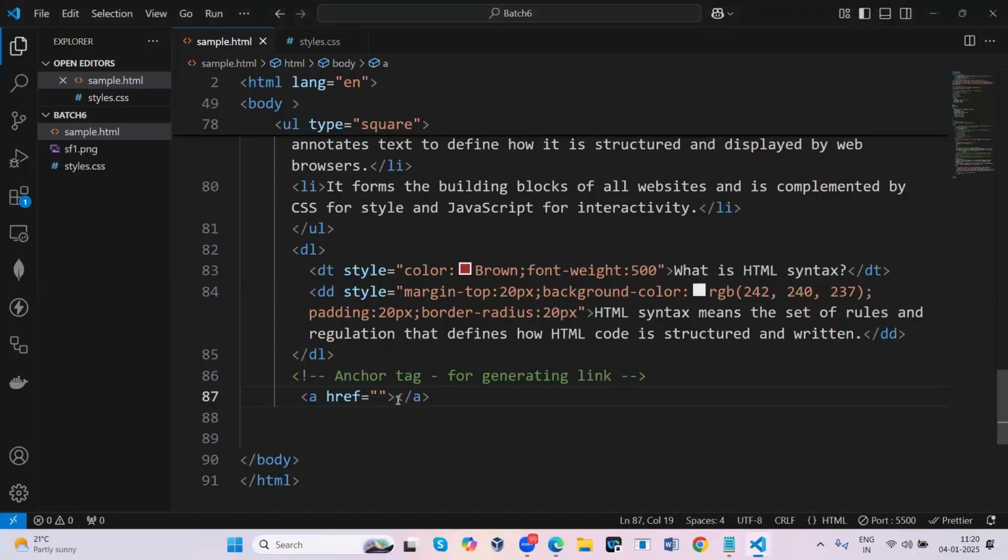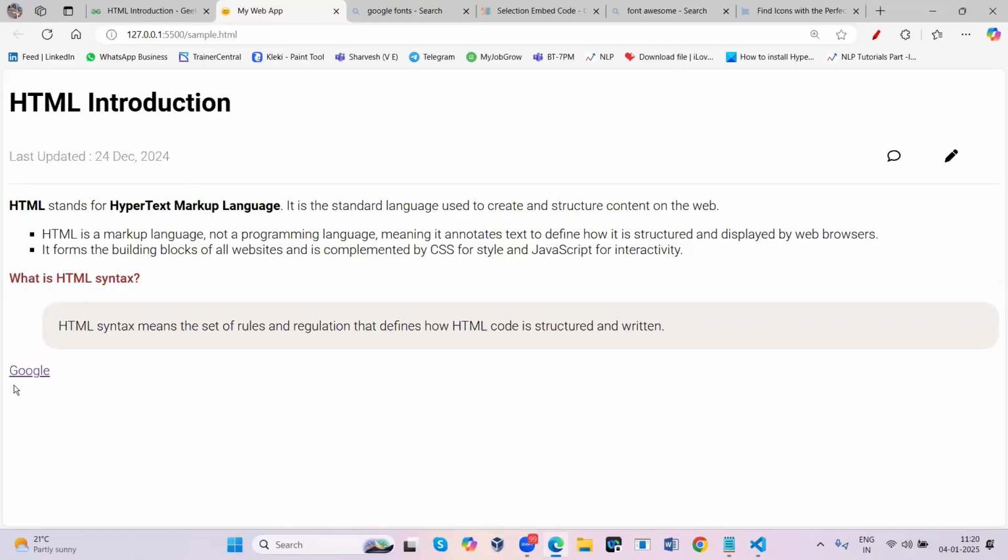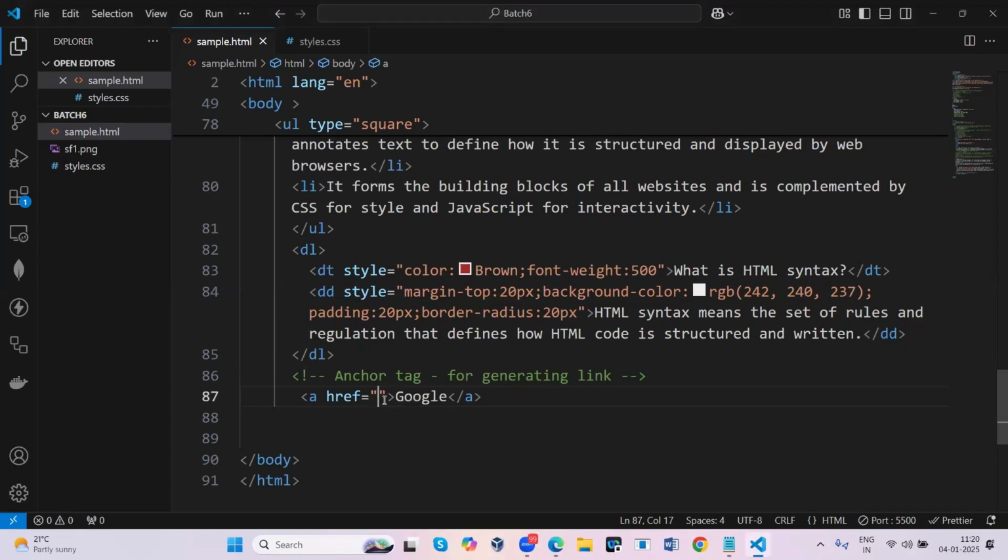So what I will do here is simply write Google. Now you can see the text there. See, you are getting an underline. Once I move here, you are getting a hand symbol. Now if I click, this page should open, but I didn't give any reference to open this page. So href is the reference for what to open. So what I will do here is type www.google.co.in. Now in your documentation, when you click this, the Google page is going to open.